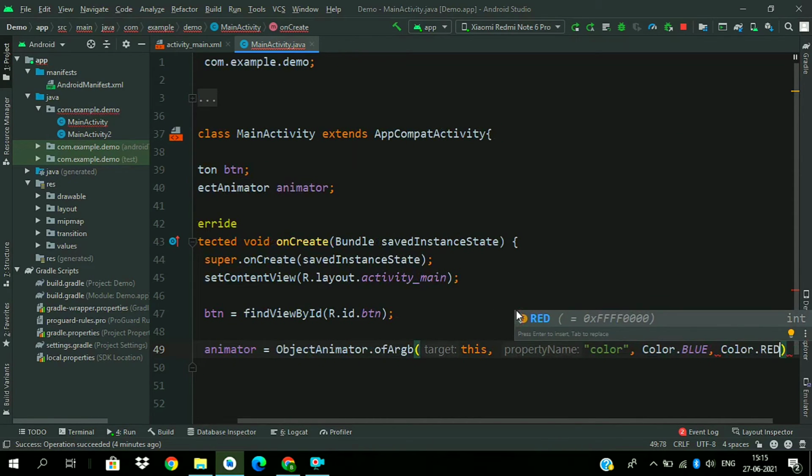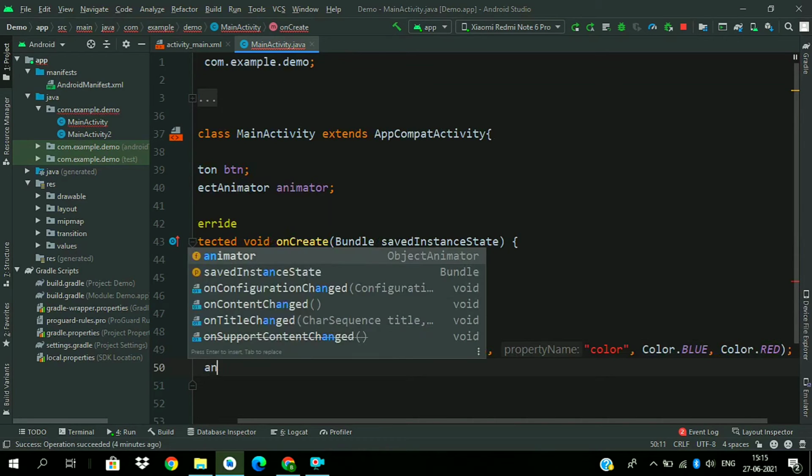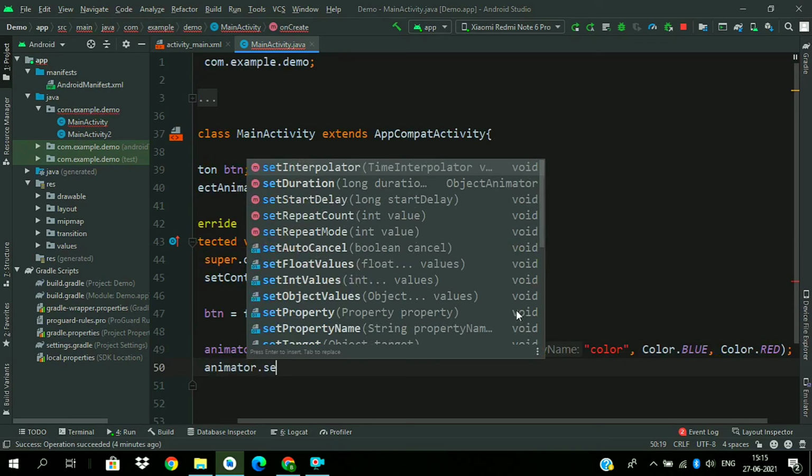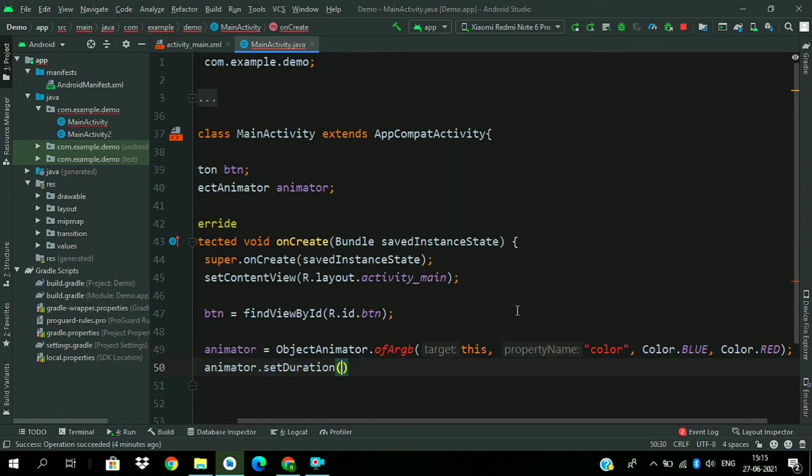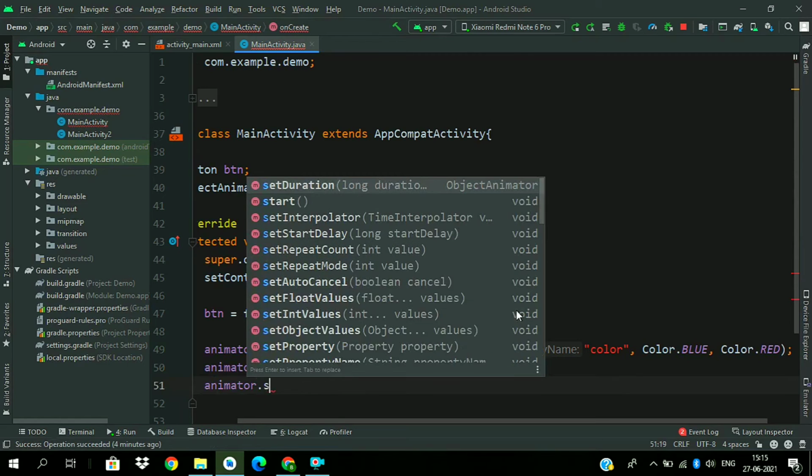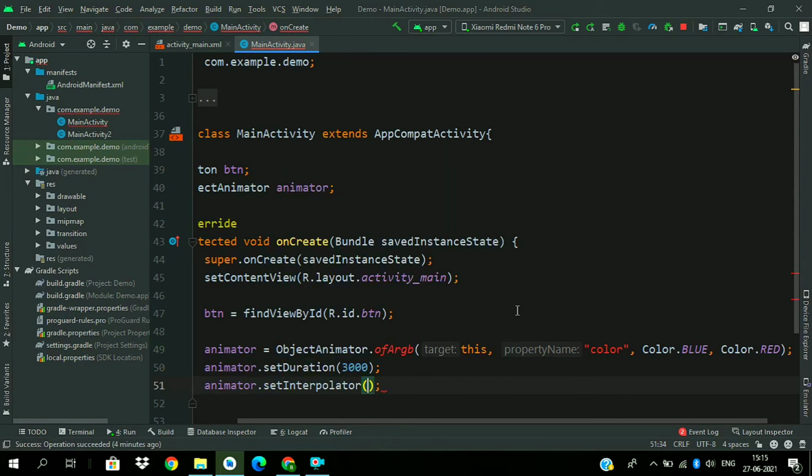You can also pass any intermediate value between these two values in this method. Now we will set a duration of 3 seconds. This duration is in milliseconds, so we have to pass 3000 for the 3 seconds. And we will set a linear interpolator, new LinearInterpolator.